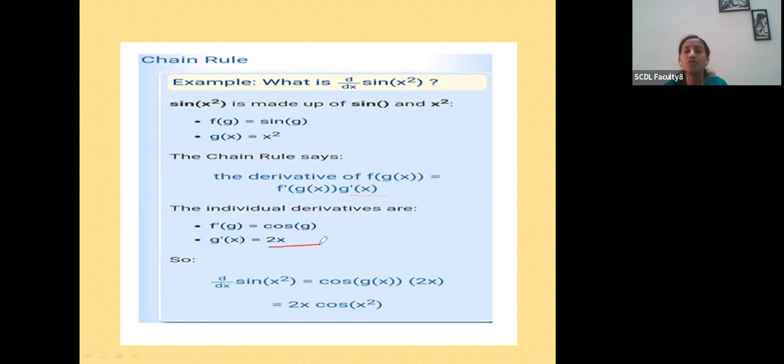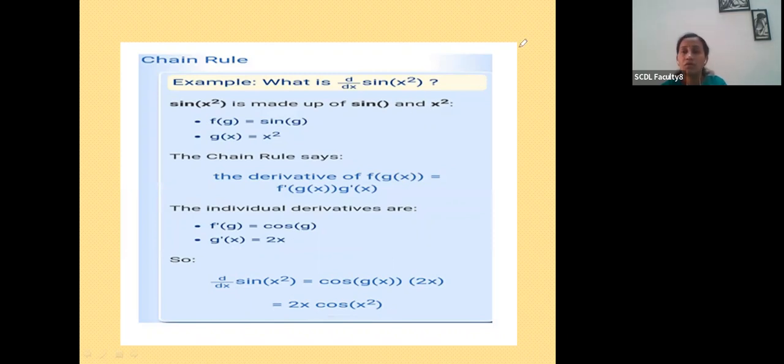So what is our g dash x? That is the 2x. So cos g of x, 2x. Now keep these two outside. So what answer will we get? 2 cos, now this x multiplied with this x, so x square. 2x cos x square. Like this way we will get the answer for this given derivative,